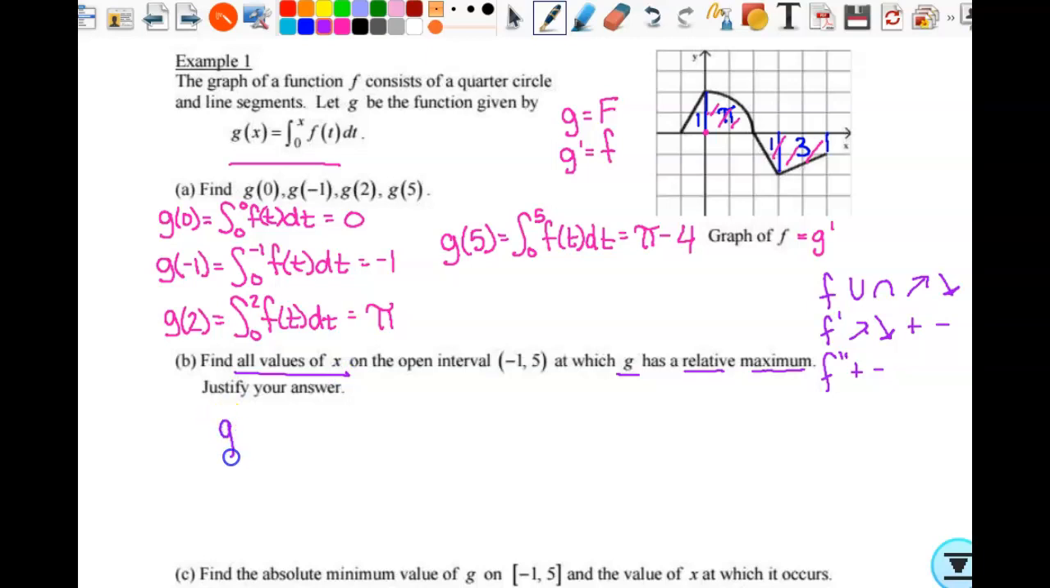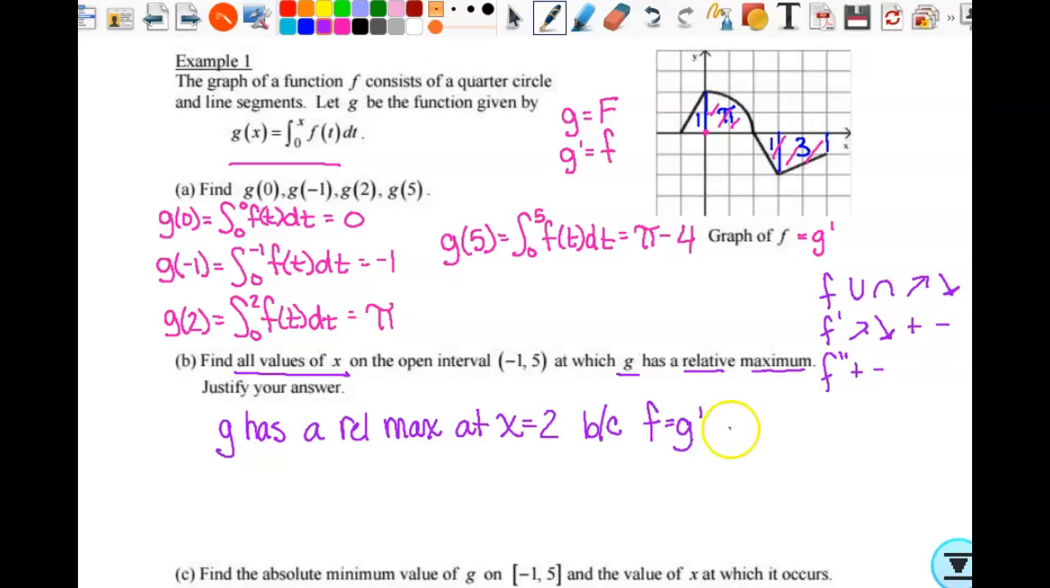So I can say g has a relative maximum at x equals 2 because f, which equals g prime, okay? So since I'm talking about g, I have to talk about g prime. That's something we labeled. That's because we know it's f. So when we do something like this, we have to say that. Does that make sense? All right, so g has a relative max at x equals 2 because f, which equals